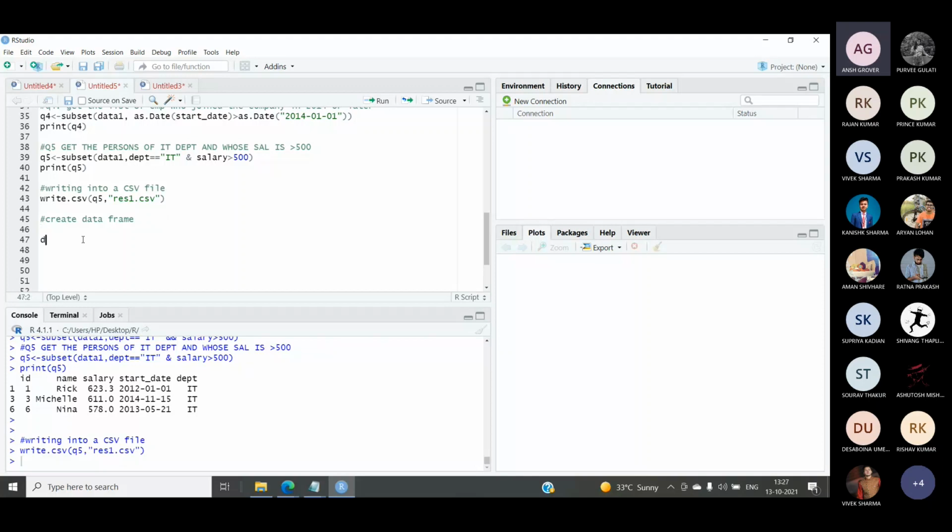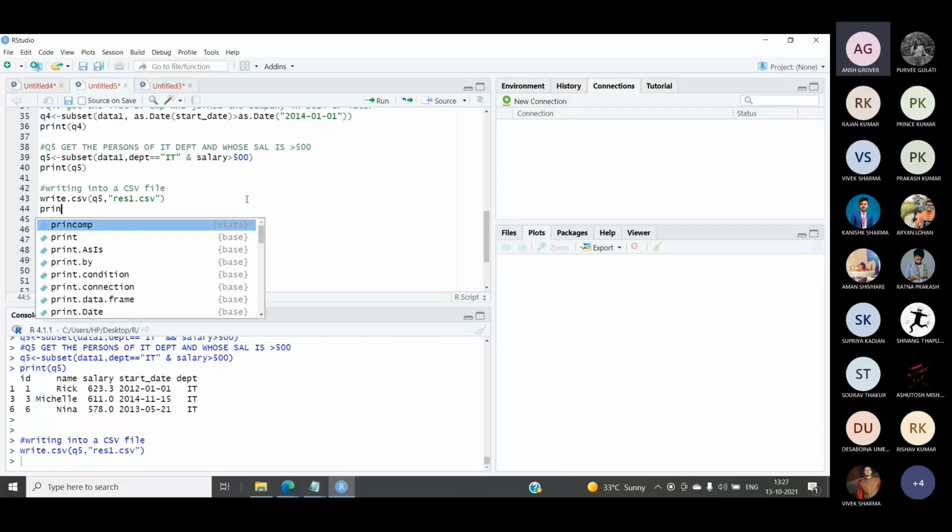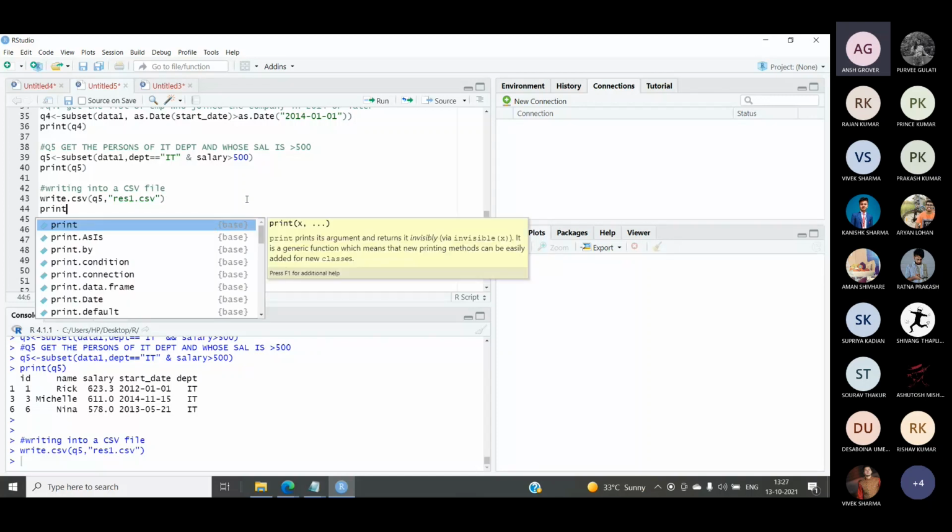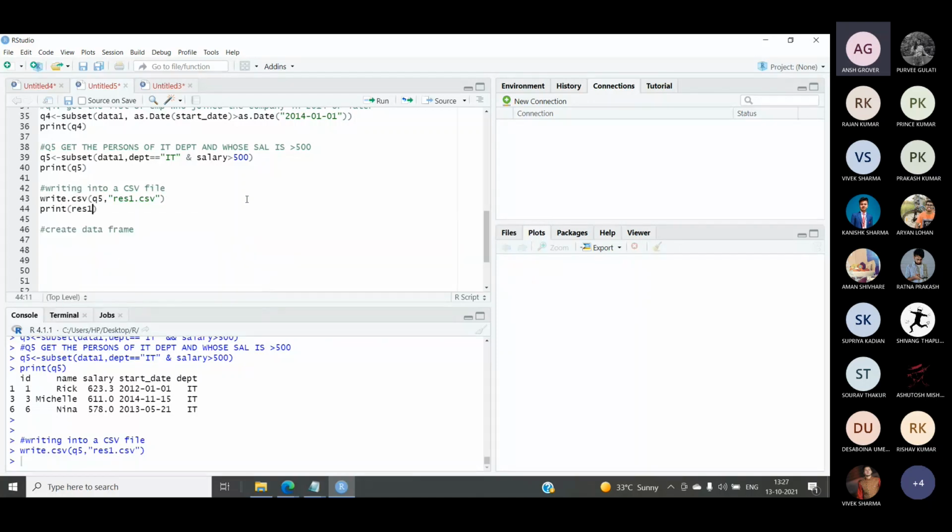Suppose I'm using the same result of the subqueries. So I can do it this way. Just let me use the function. Let me print this file once. Let me print res1. So can I print this res1?